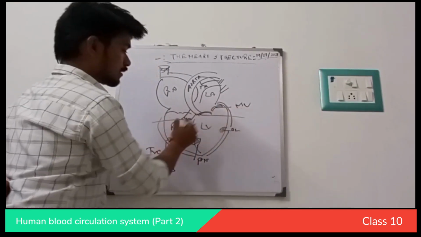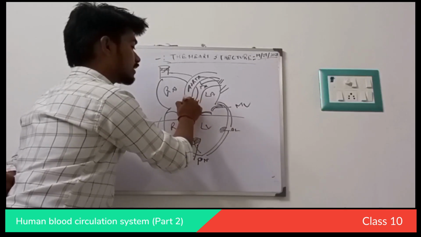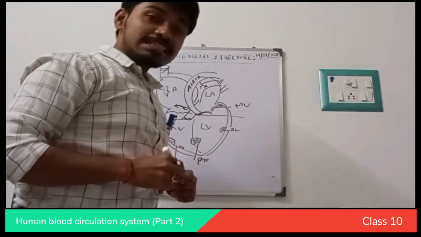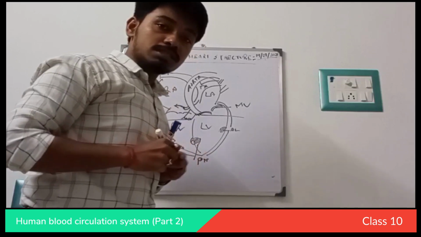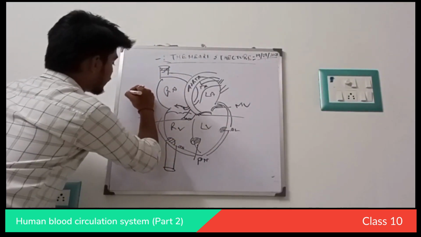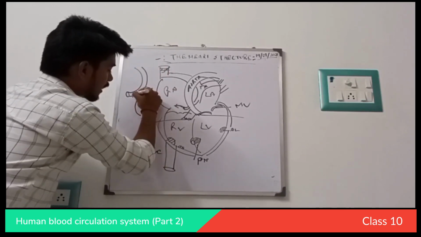And here there is also the CS, coronary sinus, in the atrium. It is supposed to be drained over there. There is coronary circulation, coronary sinus drainage over there. That is guided by the Eustachian valve, which is an incomplete semicircular valve. Okay, it is supposed to be like that.